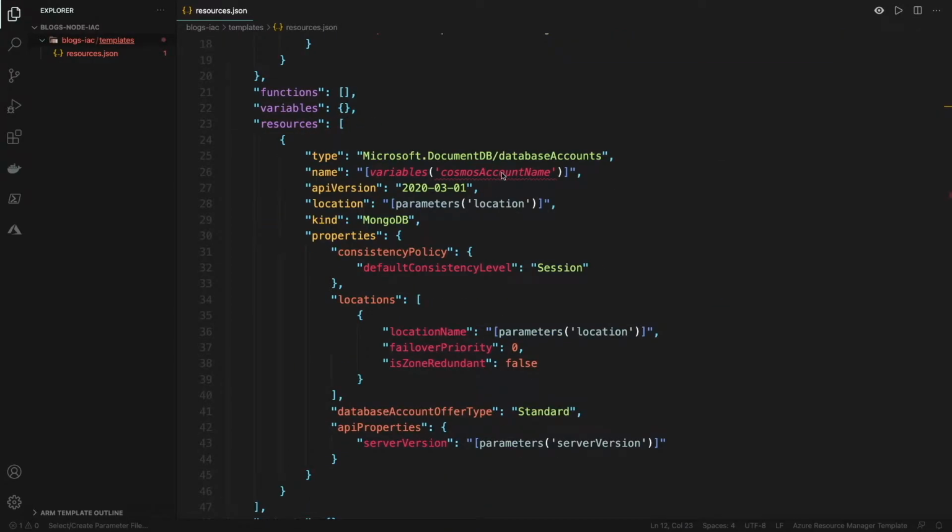Now for the Cosmos account name, we will need to define a variable here. Usually you will have a naming convention for all of your resources so that you can easily distinguish between resources belonging to different environments and different projects and so on. Here I'm going to follow a simple naming convention just to distinguish between the environment, and also I'm going to